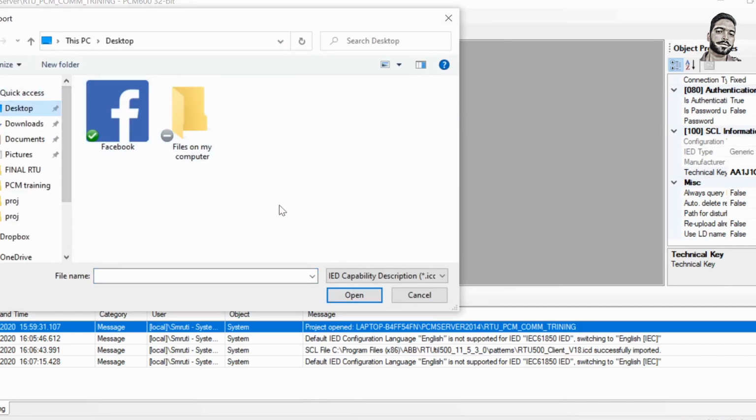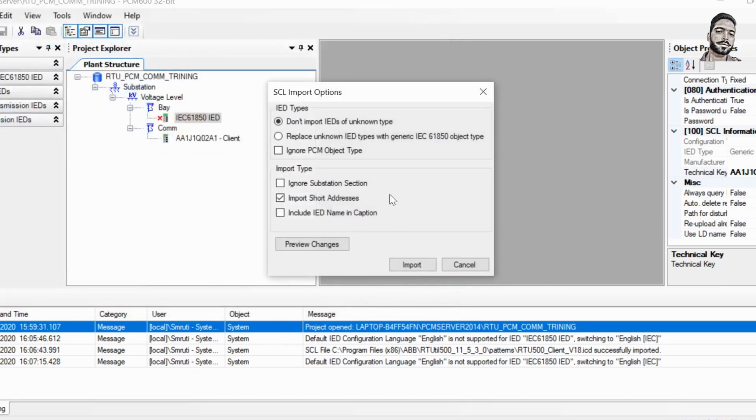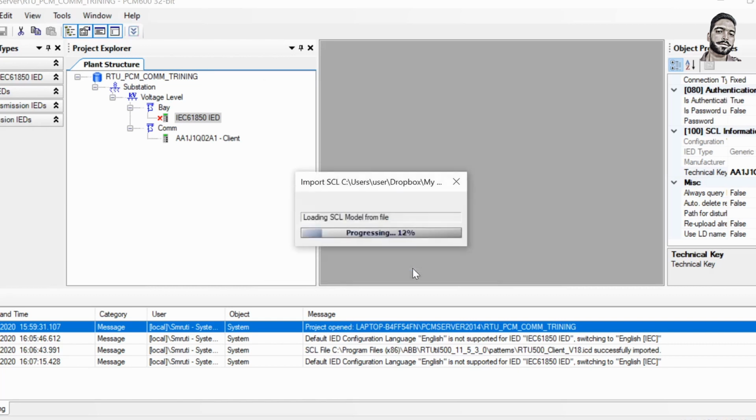You can see you come to CID, you will get your CID file now. Test.cid, select this one, open. Now still the same process, just don't import unknown, that is you untick, otherwise replace unknown IED with generic IED object. You select this one and all others the same, then import.